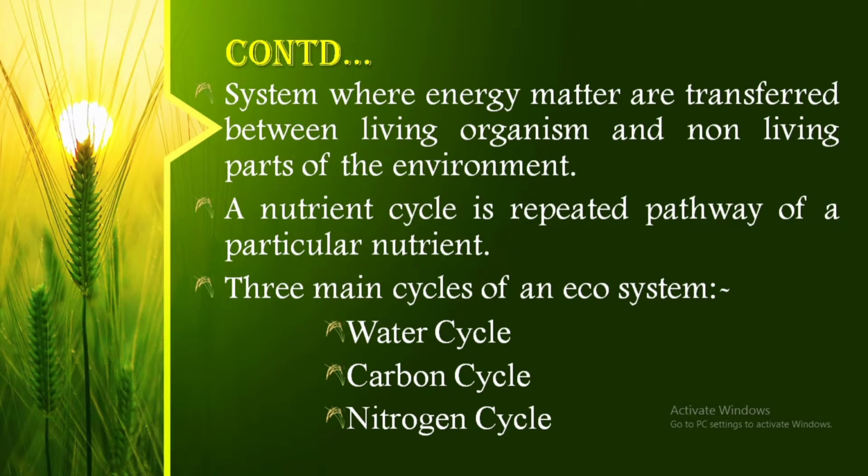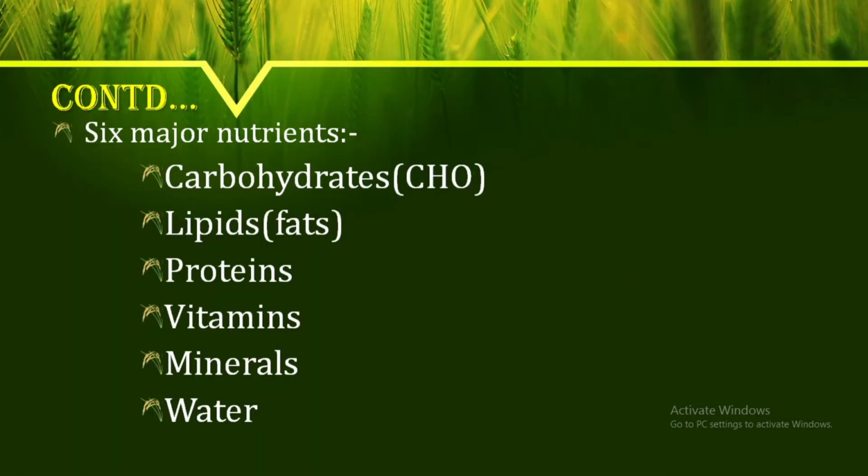There are 6 major nutrients: carbohydrates, lipids, proteins, vitamins, minerals and water. Currently, a large part of humankind influences the nutrient cycle in such a way that we remove nutrients from the land and discharge them into aquatic environments. On one hand, this leads to soil depletion on the land, and on the other hand, an overabundance of nutrients and a pollution of water sources.